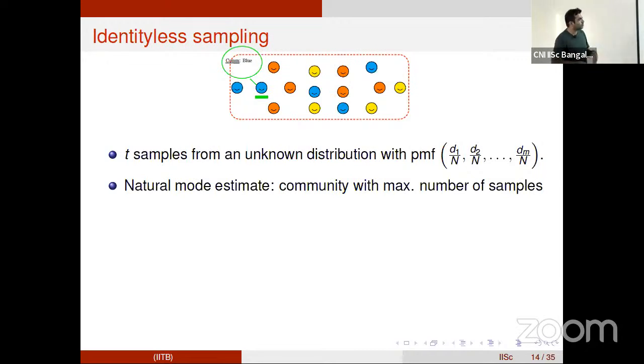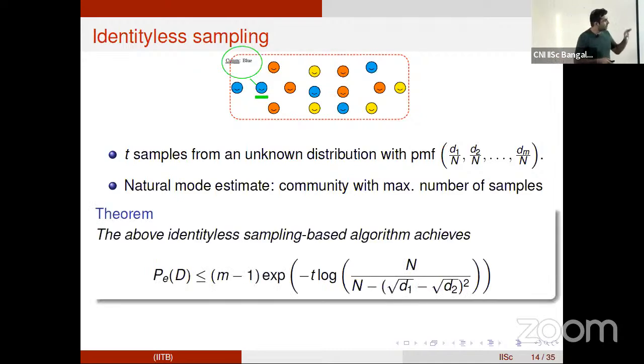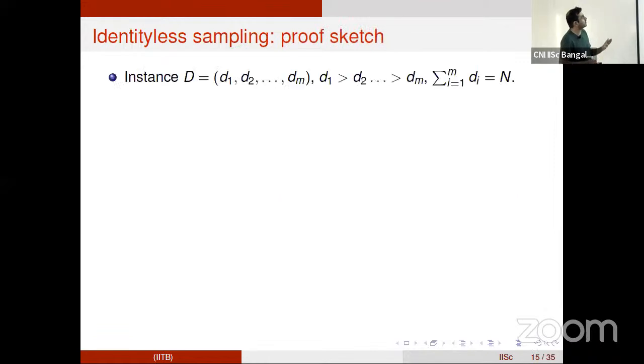This can be easily analyzed, and we get a result of this kind, which gives an upper bound on the probability of error in terms of the number of samples and the underlying instance. The proof is easy enough that I can give you a quick sketch.